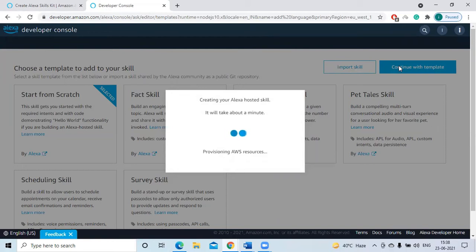So here I have chosen Indian English as the preferred language or default language. So Amazon will write the backend code and front-end code for this Indian English language. So that is my default language. After that we are going to add some other language, and let's see how to do that. Here for adding some other language, we have to write our own coding in front end as well as in back end.